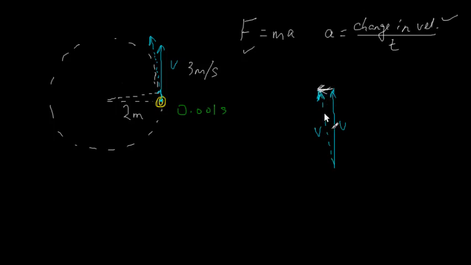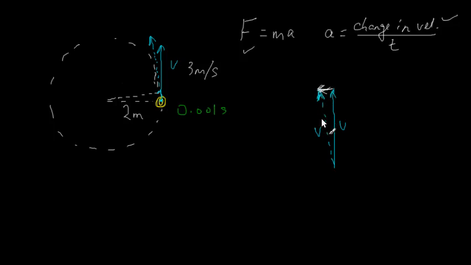Now let's think about trying to find the direction and the magnitude of this arrow, so we know what the change in velocity is. The more obvious thing is the direction. So let me talk about that. Now, if you look at this,